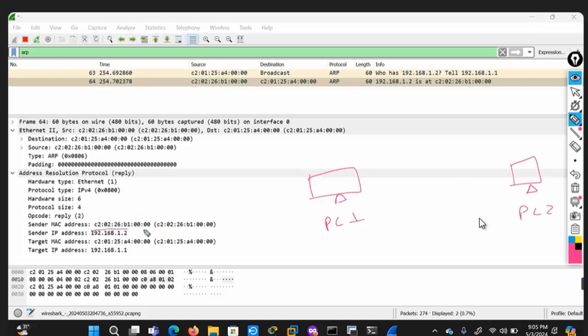I would like to ask a question, right? This is the MAC address, and this is the ARP reply message. Then please, can anyone answer me: which device, either PC1 or PC2, does this source MAC address belong to?